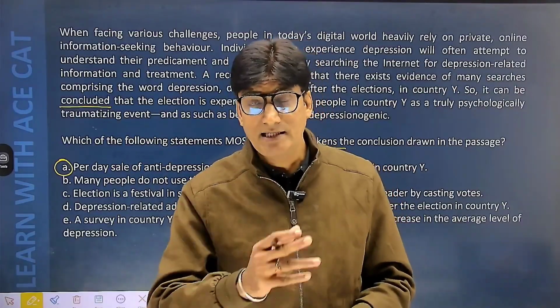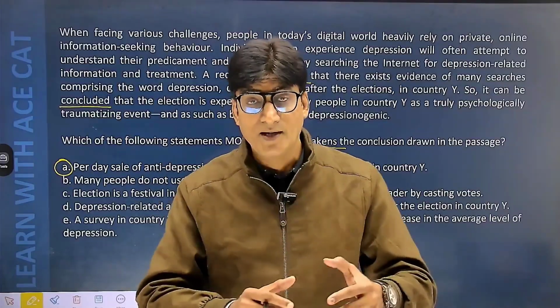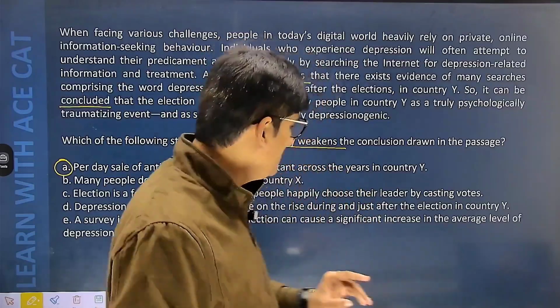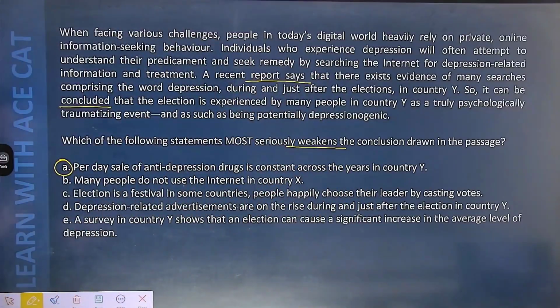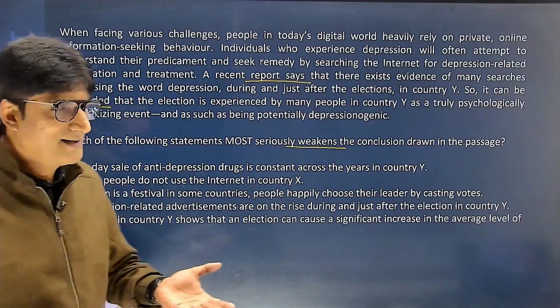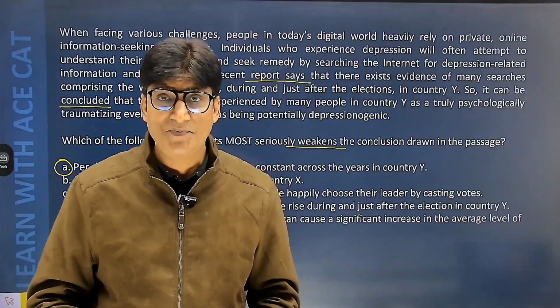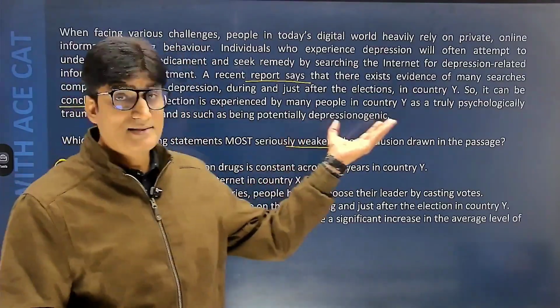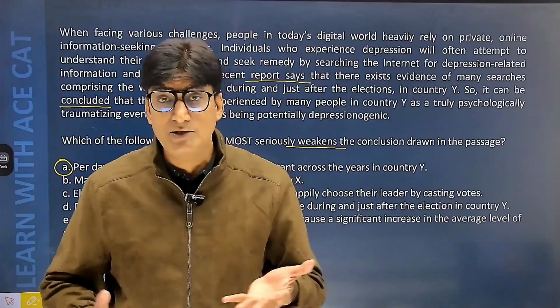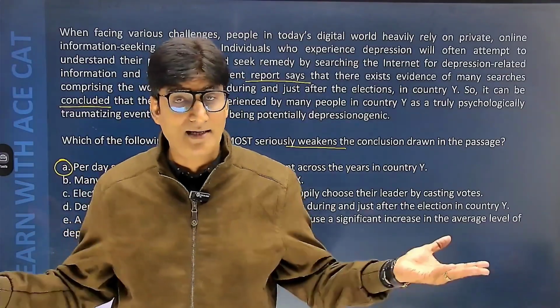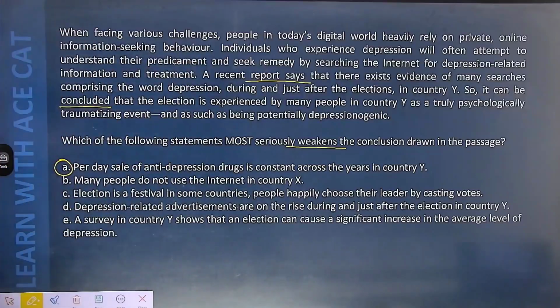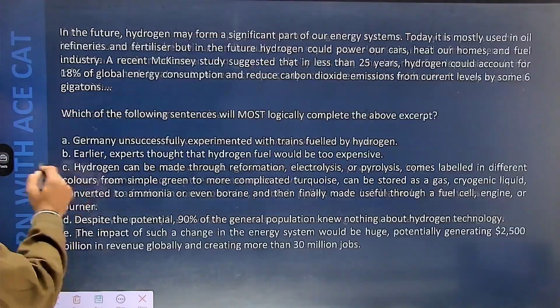मैं कई बार स्टूडेंट्स को देखता हूँ, क्वेश्चन पूछता है कि which option is weakening, और हम लोग ऐसा ऑप्शन मार्क करते हैं जो एक्चुअल में स्ट्रेंथन करता है. Do understand there is only one option which is actually very much correct, and that is the very first option. I guess you people have understood what is the logic here, isn't it? तो जब सेल ही नहीं बढ़ा, कोई चेंज ही नहीं है, तो हम जो कंक्लूजन ड्रॉ कर रहे हैं वो तो ऑटोमेटिकली वीकन हो जाएगा. ओके, अच्छा सोचो अगर ये कंक्लूजन सही होता तो फिर एंटी डिप्रेशन जो ड्रग्स हैं उनकी सेल बढ़ जानी चाहिए, बट ऐसा तो कुछ हो नहीं रहा है, अंडरस्टैंड. ओके, चलिए coming on students the next question.